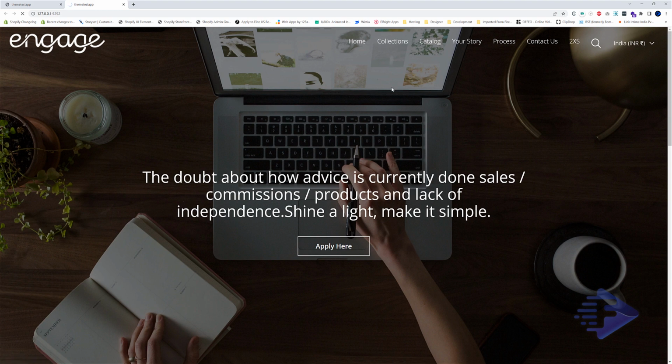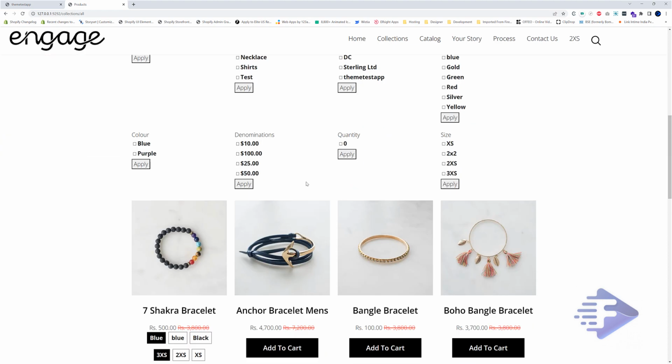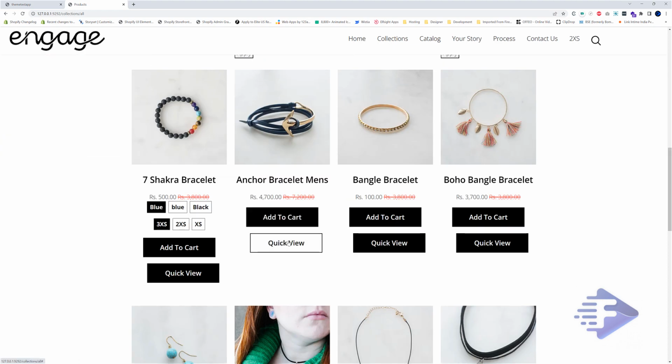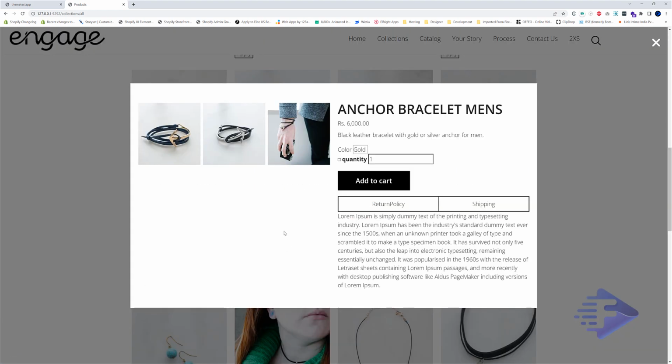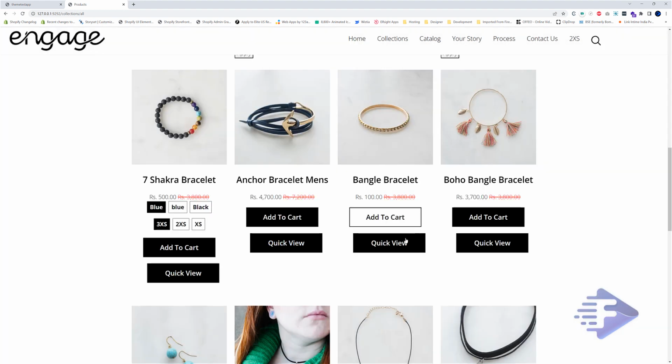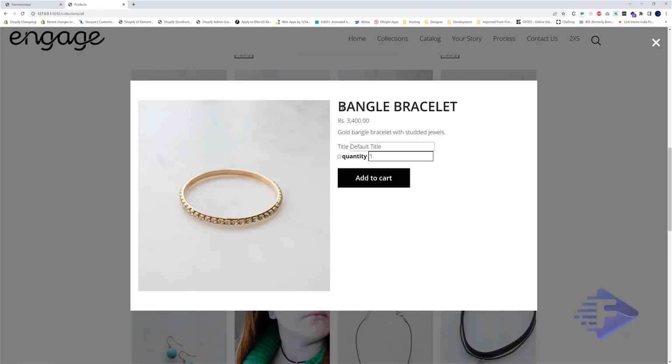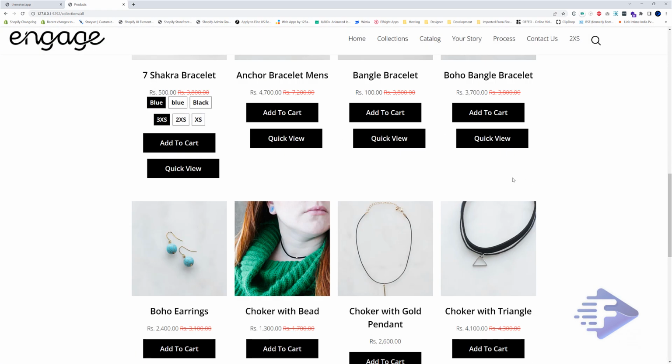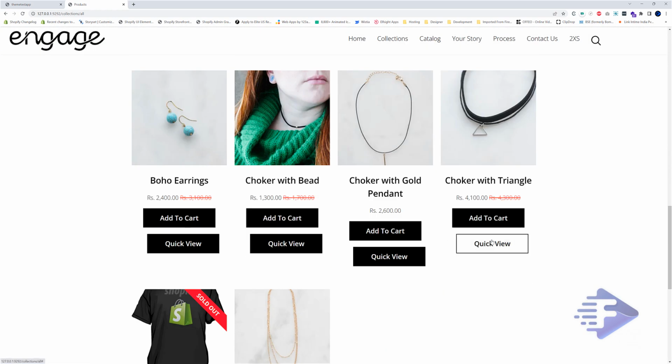Let's go to our catalog, and on this catalog let's check. This is our model view, and if I close this, it's going to change. Now we got our bangle bracelet.